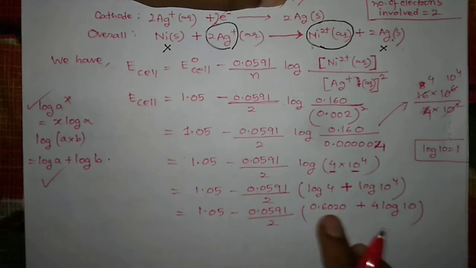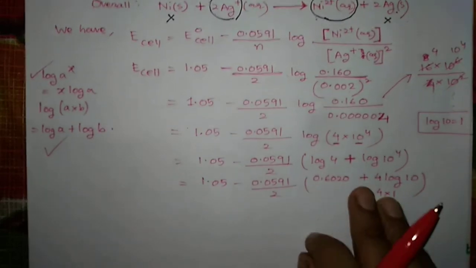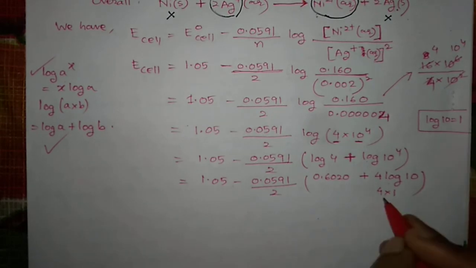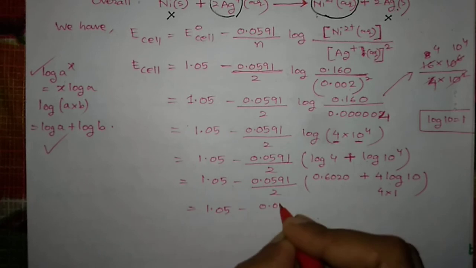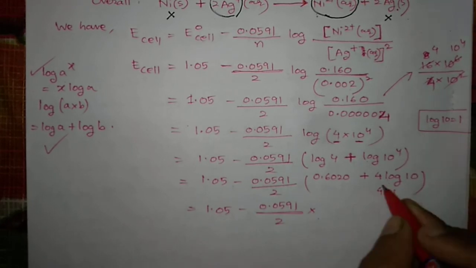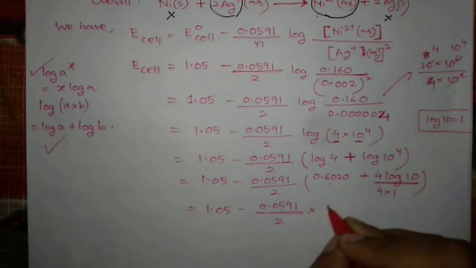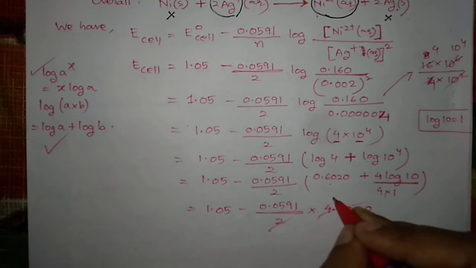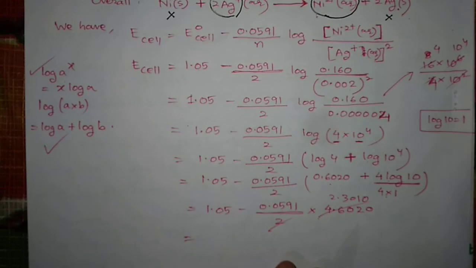So once you solve, log 10 is 1, so this is nothing but 4 into 1 is 4 only, right? So 4 plus this one you add, okay. So what do you get? 4.6020, right? You will get it. This is 4 because 4 log 10 is 1, so 4 into 1 is 4 plus this one, right? So if you add it you will get 4.6020. Ultimately when you do all these calculations, the value what you will get will be,